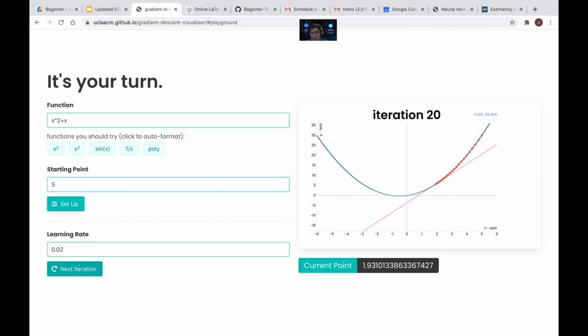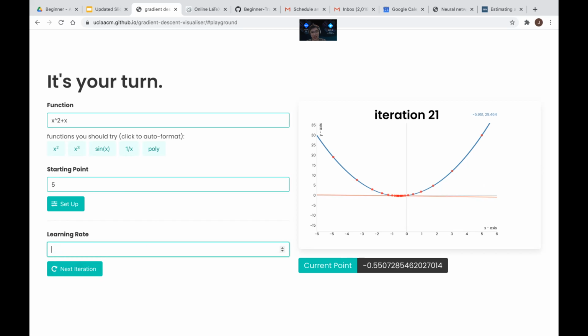As you can see, this takes a lot longer now because our learning rate is really small. So now you're wondering, what happens if we try a learning rate that's pretty big? So let's try 0.9. As you can see, we're consistently overshooting now. So this actually takes longer than our default learning rate, which is 0.25. So a larger learning rate is not always going to reach the minimum faster.